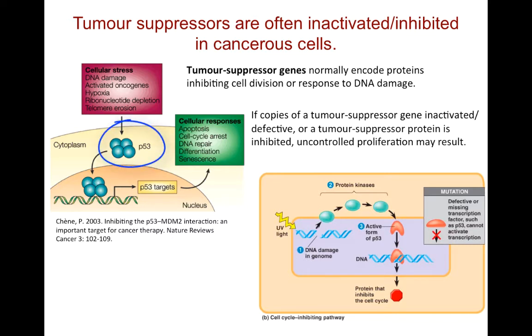P53 is an important tumor suppressor, and it's sometimes called the guardian of the genome. It plays key roles in pathways for DNA repair, differentiation, cell cycle arrest, and apoptosis in response to stress conditions. P53 is a DNA binding protein, and this allows transcription of genes in the various response pathways. The majority of human cancers involve a mutant or defective P53, and this is usually a P53 that cannot bind to DNA. Some viruses have genes that encode P53 inhibitors.